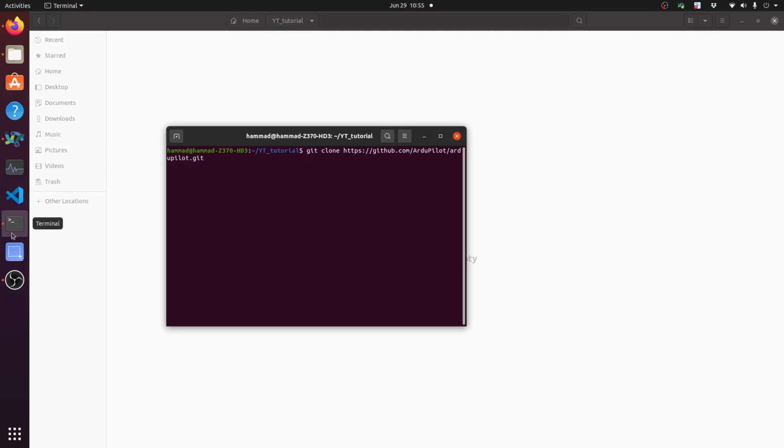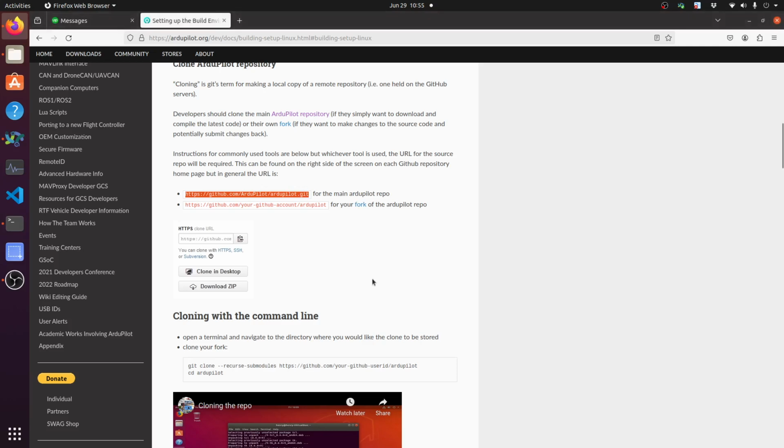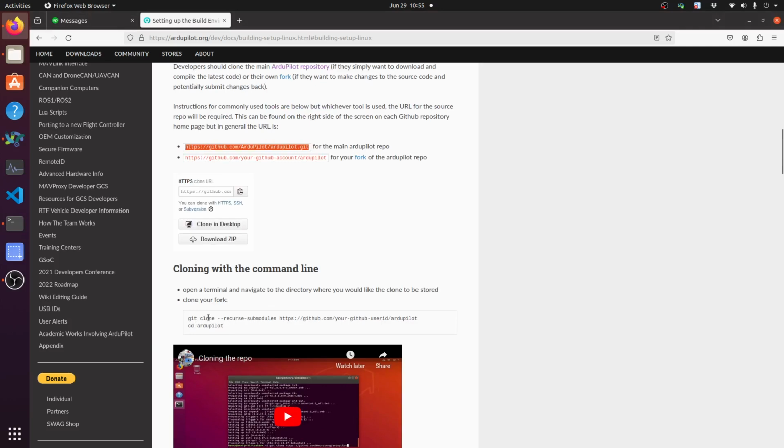The autopilot firmware depends upon many other modules, and they have long dependencies. So we need to clone all of the submodules as well. So we need to pass this argument, recursive submodules, right? If you don't pass this argument, then it will eventually download them by a further command.